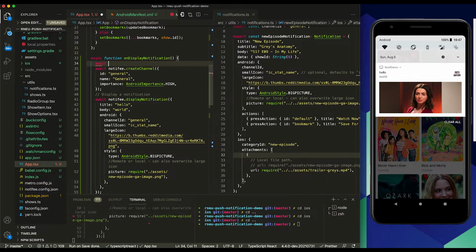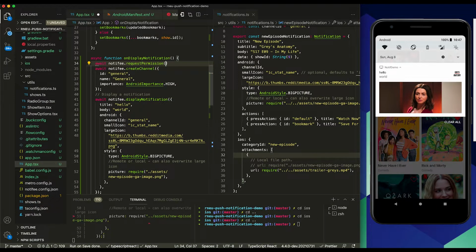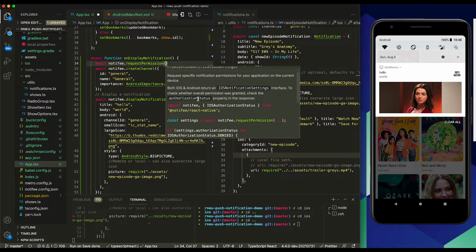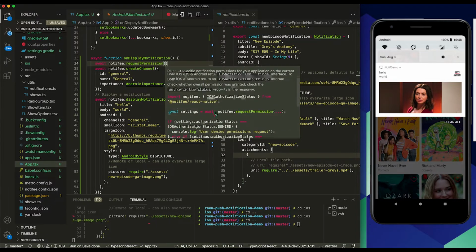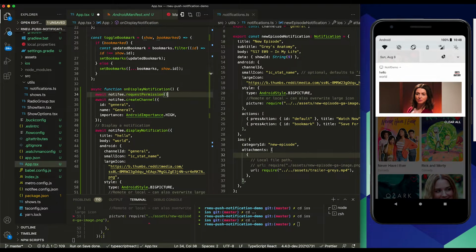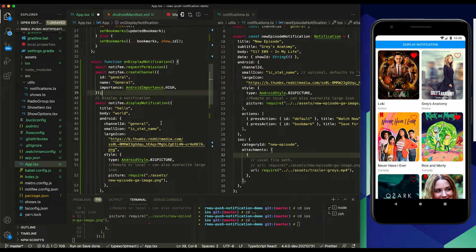So for the sake of demo, I'll just add it here. Notifee dot permission. You can specify exactly what you want, but default is fine. It will give you the permissions you need to display alert that comes over the app. So I swipe that,